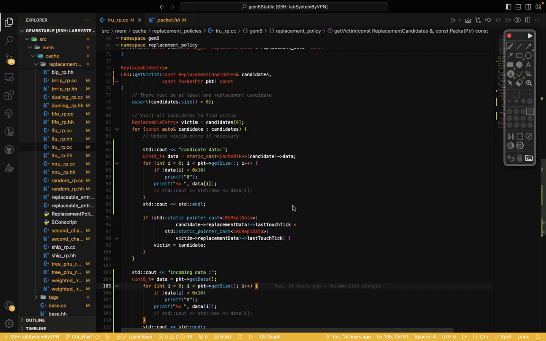As we know, in the replacement policy, we have a function named getVictim. Normally, getVictim doesn't have the incoming packet. Here, I add the incoming packet as one of the arguments of the getVictim function, and to do this you need to change, at first, the base class file of getVictim, and then update all the classes that use this function.